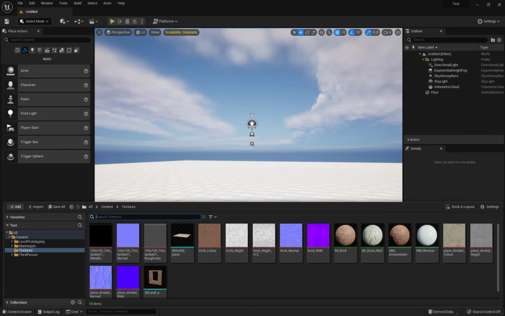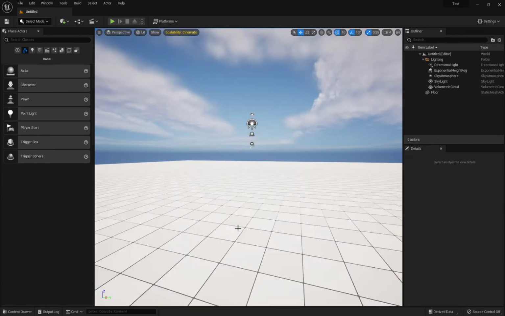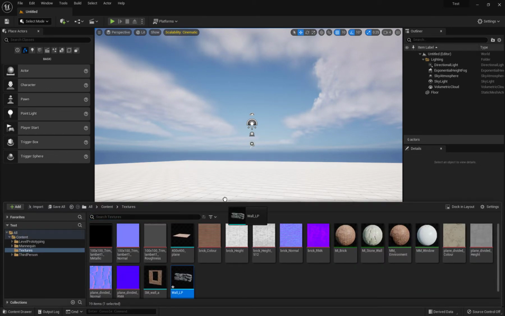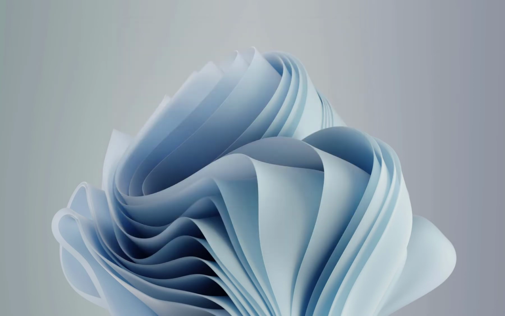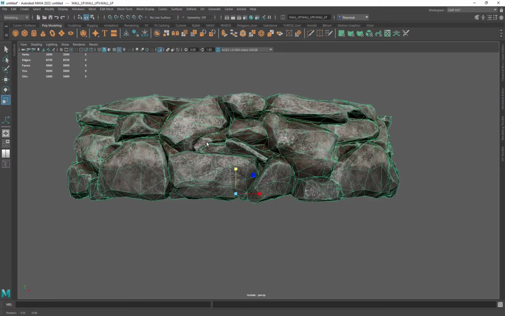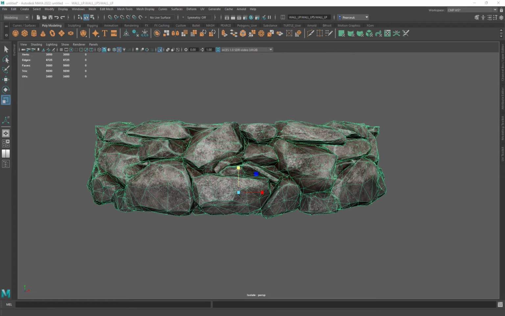So let's just open up this, drag in my wall low poly and import. Nope, that's not what I want. I want to export my rounded one, this one. So File, Export Selection, and then this will be my pillar wall